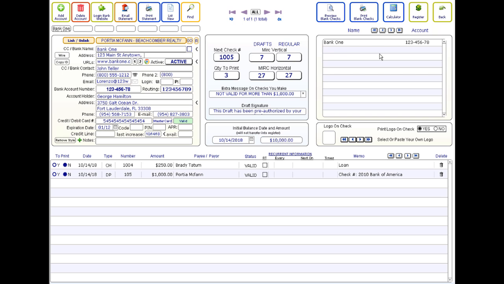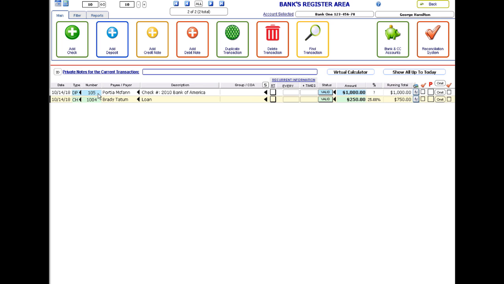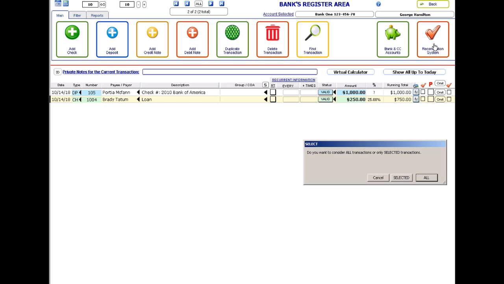So here in the register we have, as you can see, 2 things. One is a deposit, because it came from a check that someone did to you, so that's gonna be entered as a deposit. And this one is a check, 1,004 is the number, that you did for this person. Okay, and here if we go to reconciliation system, we're gonna see